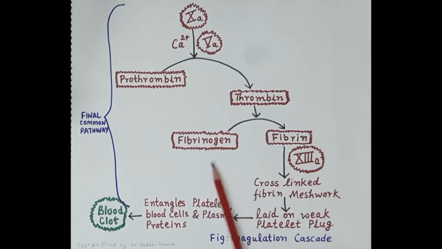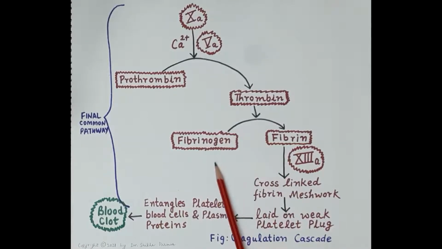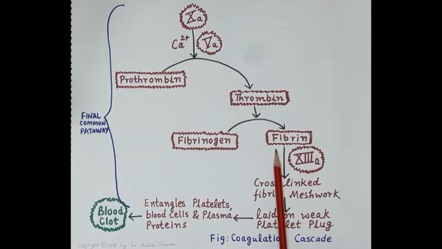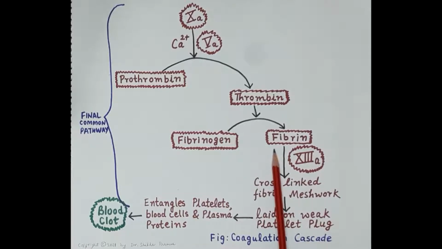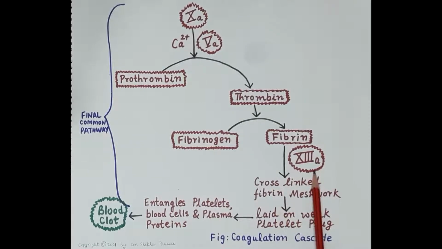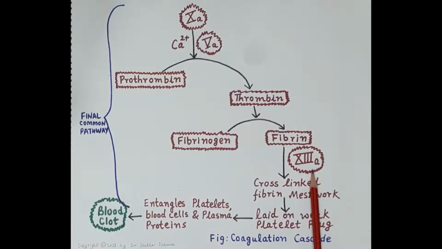Now thrombin in turn activates fibrinogen to fibrin. Fibrinogen is clotting factor 1. One thing very important to note here is that fibrinogen is a soluble protein, while fibrin is an insoluble protein. A large number of fibrin monomers are produced, and these fibrin monomers join together to form a fibrin thread. Now activated clotting factor 13A then cross-links these fibrin threads, and the cross-linked fibrin threads form a